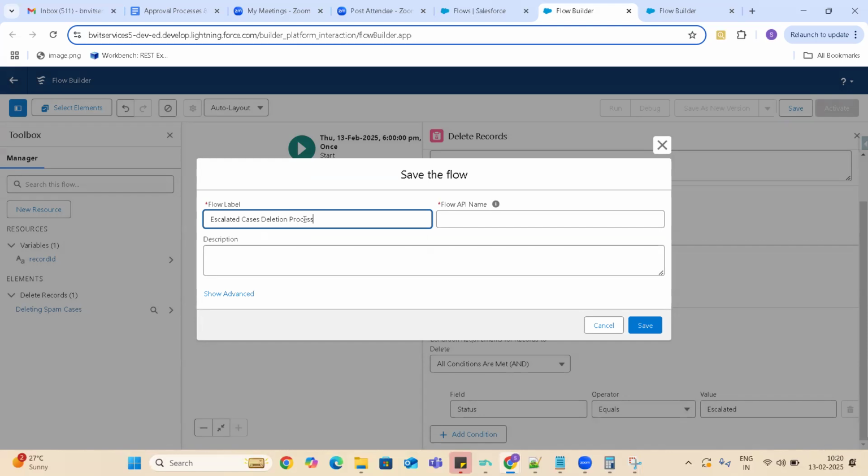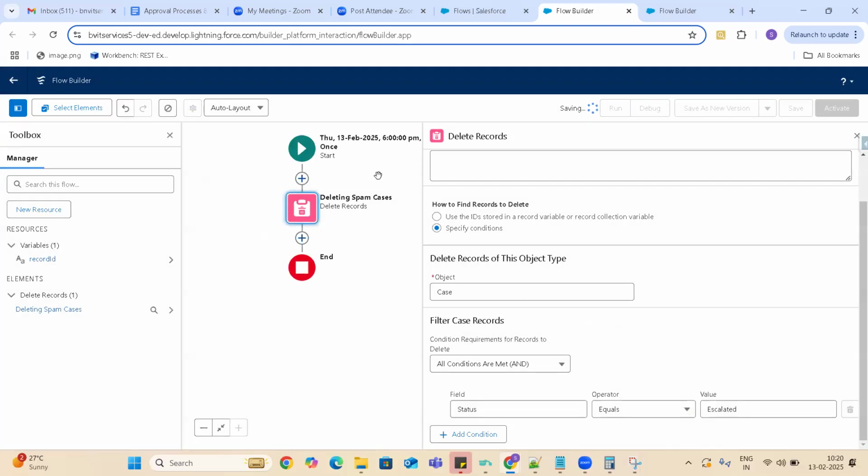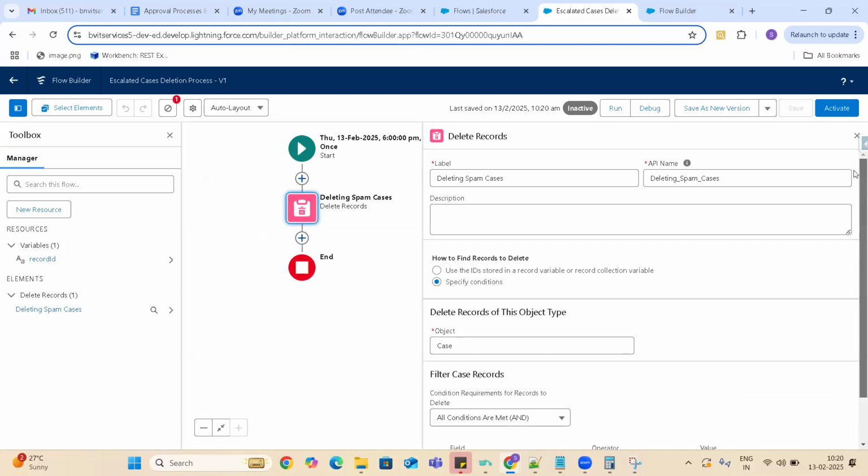Not only deletion, guys, at a particular point of time, if you wanted to update, for example, if the status is escalated, there is an escalated checkbox. If you would like to update the checkbox, that is also another scenario. At a particular point of time, if you want to perform any actions, that is the time we will use these scheduled flows. So right now what I'm doing is deleting escalated cases.